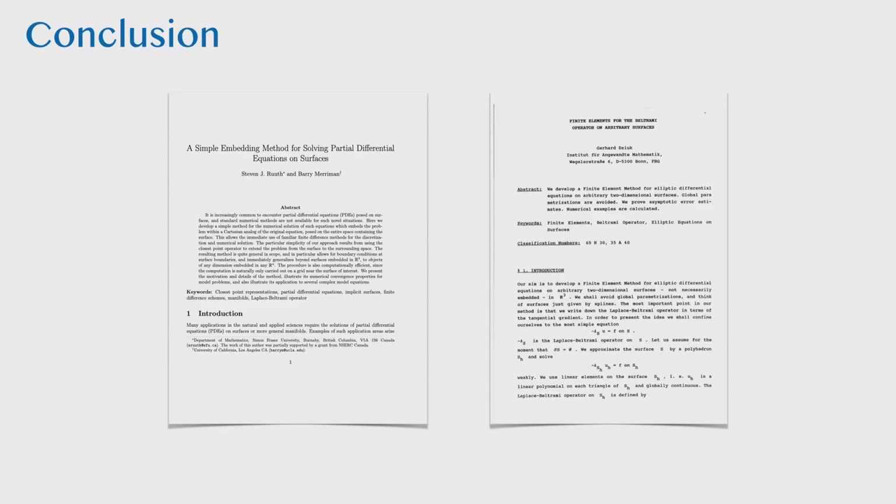Okay, so overall, I just want to conclude by saying the closest point method itself is actually relatively new. The first paper was published in 2008, whereas the finite element method can be traced back to 1941, and the first surface finite element method was in 1988. So there's been a lot of extra development on other types of methods,